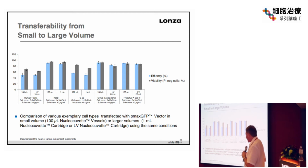So let's start looking at some data here. These are human T cells, and then we tested everything compared to 100 microliter cuvette versus, in this case, the LV unit at 10 mils, and a variety of cell lines as well, 100 microliters to 1 mil in the cartridge, and the same here, or 100 microliters with 20 mils of cells through here. So you compare, we have the same transfection efficiencies and very comparable viabilities when we move from 100 microliters up into 10 mils. And the same thing here with the K562s and the HL60s, and very comparable transfection efficiency and